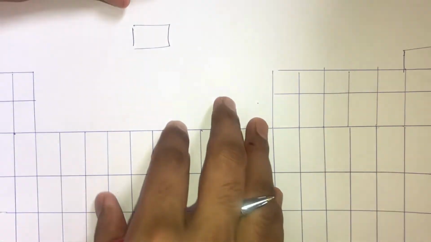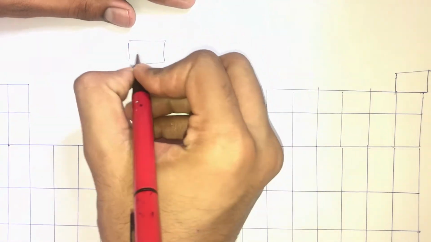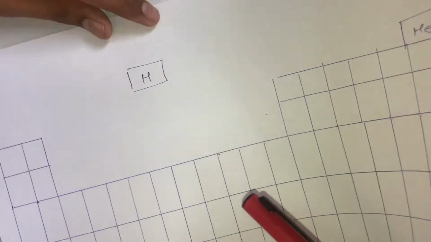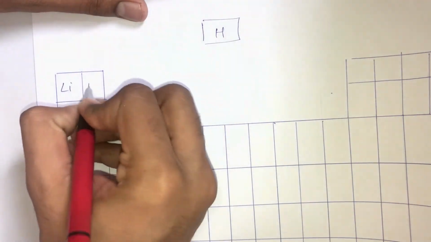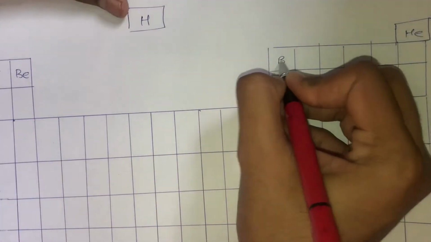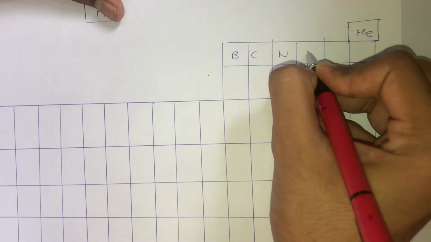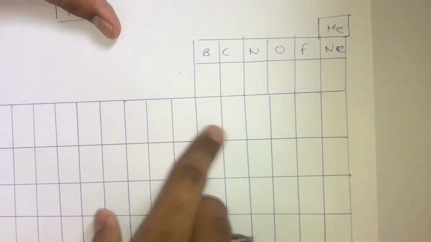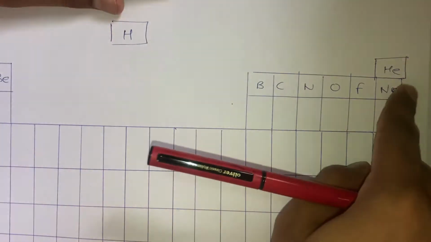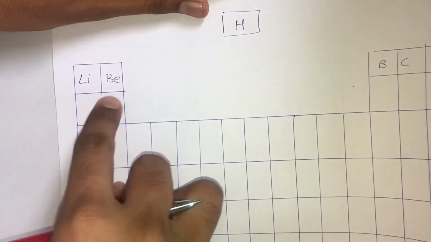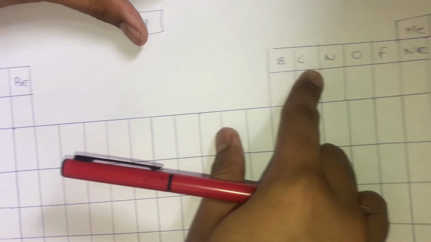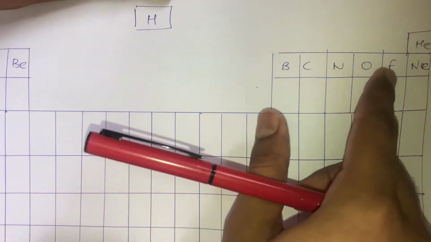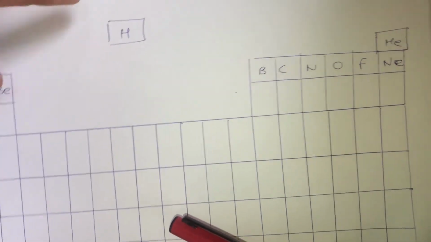Okay, now let us start with our mnemonic. For the first period: Hi, Hello, Listen, B, B, C news on Friday night. I repeat myself again. Hi, Hello, Listen, B, B, C news on Friday night. Okay, so I hope the first 10 elements are clear for you.